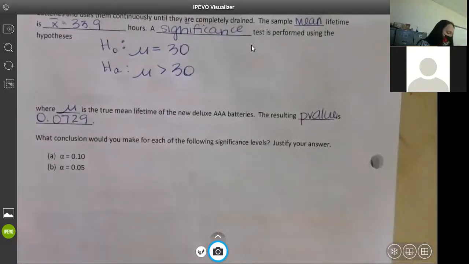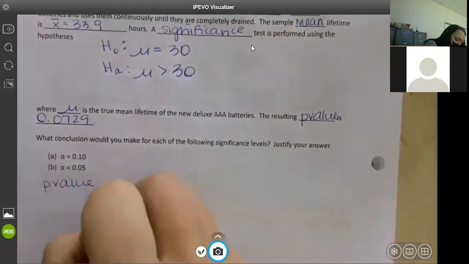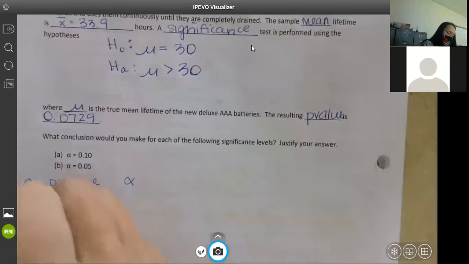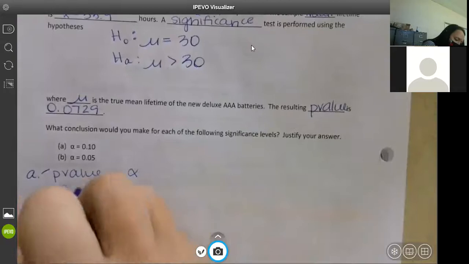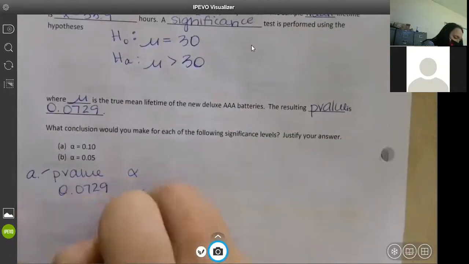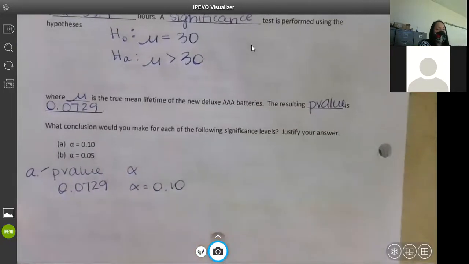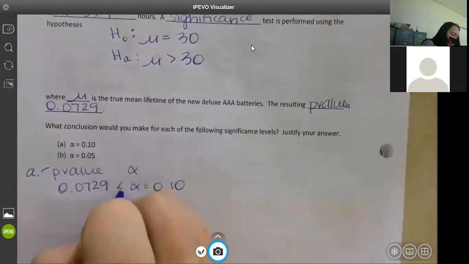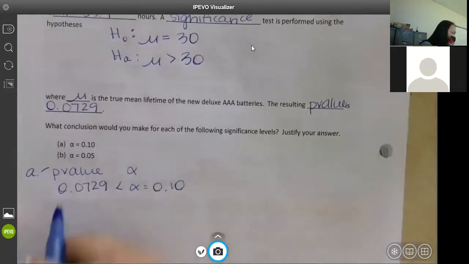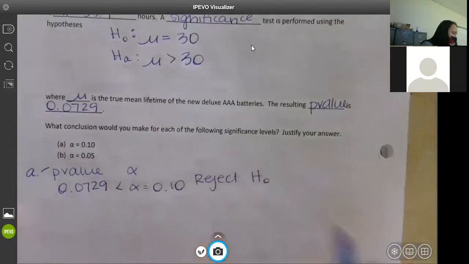So if we go back to that chart, we're comparing our p-value to alpha. So this is part A. Our p-value was 0.0729. Our alpha for the first one is 0.10. You put a comparison symbol in there. Is it greater than or less than? It said on the other one, if it's less than, we reject H sub O,